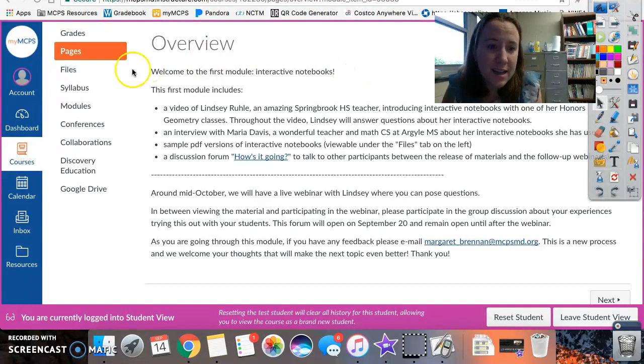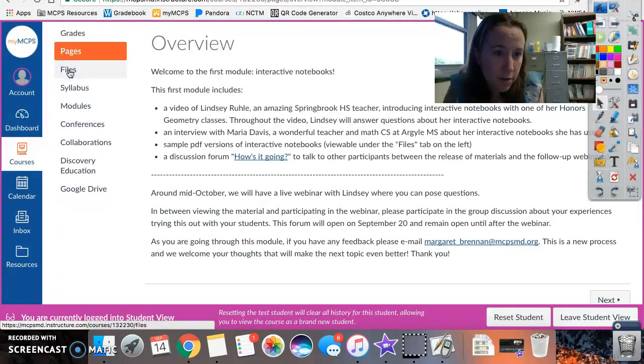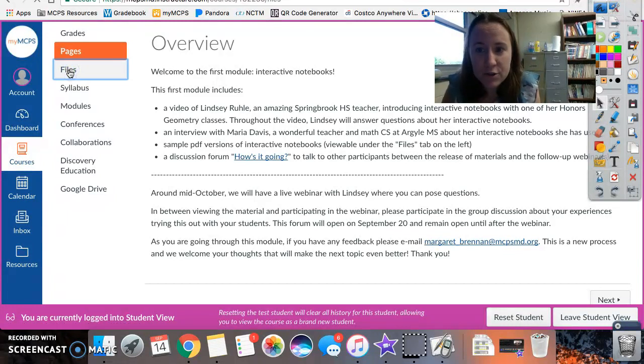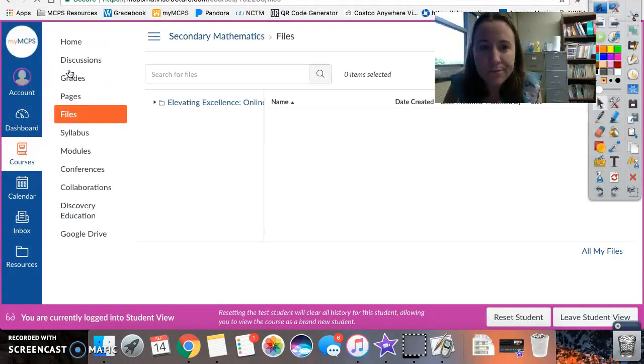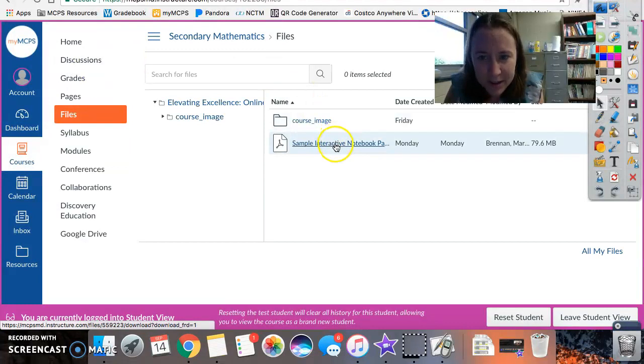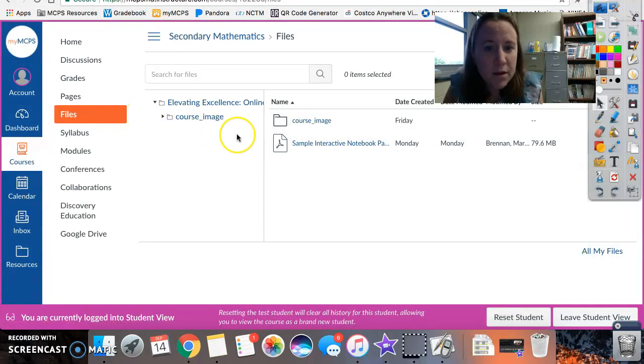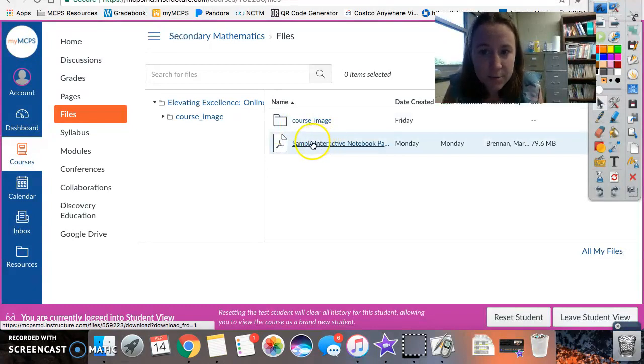And you can see that right here under the Files tab. So I'm going to click on that and go away from Pages for just a second. I'm not going to click on this, but if you click on this PDF, it will bring up the notebook. I'm only not clicking on it because it does take a few seconds to load. It's a pretty large file with 50-something pictures in it. But you can flip through and see the different sorts of resources that go along with, in this case, a geometry notebook. So if I go back to Pages,